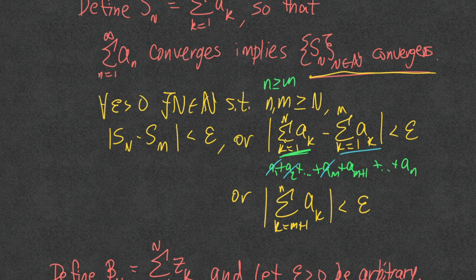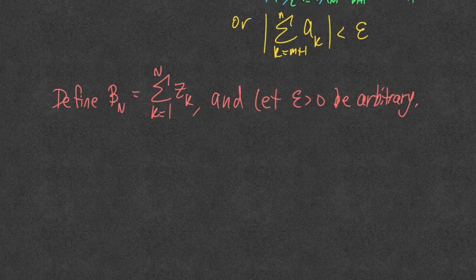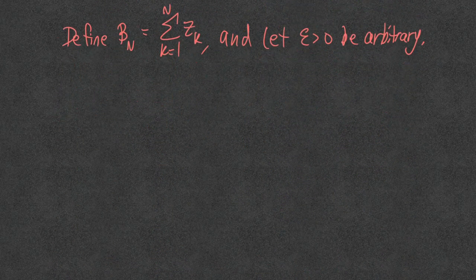All right, so let's just use that same threshold for the series of real numbers. Okay, so then we'll say for n and m bigger than or equal to capital N, we have, and let's figure out what this is, so we have,